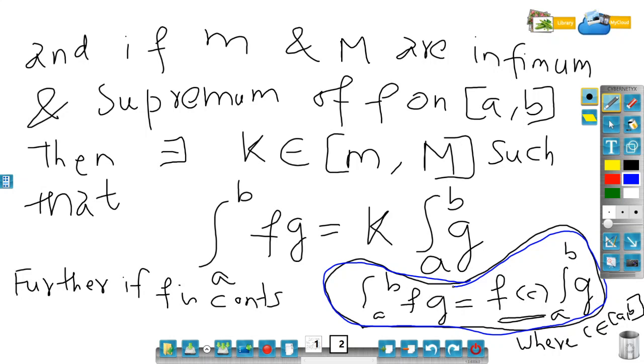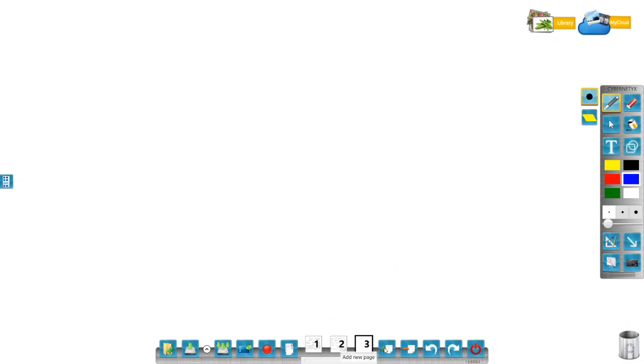Right. So that is also one version of the mean value theorem if f is continuous. Let me have one more prerequisite,